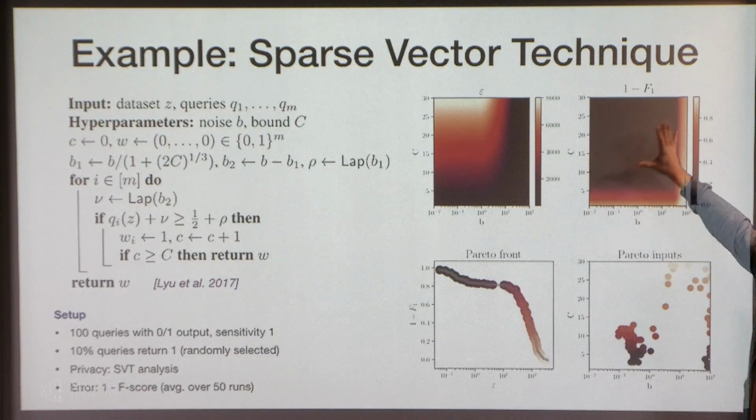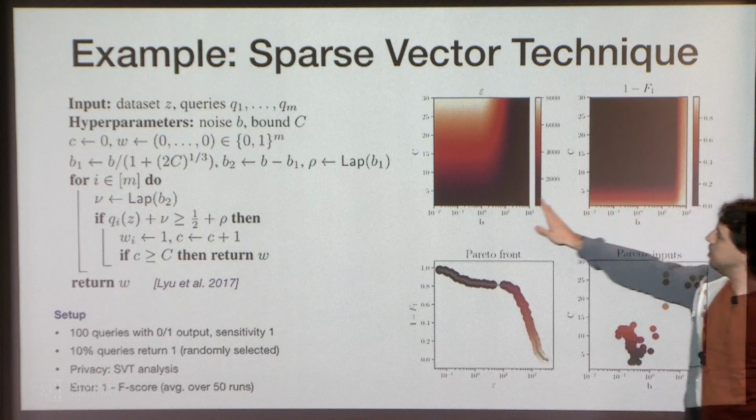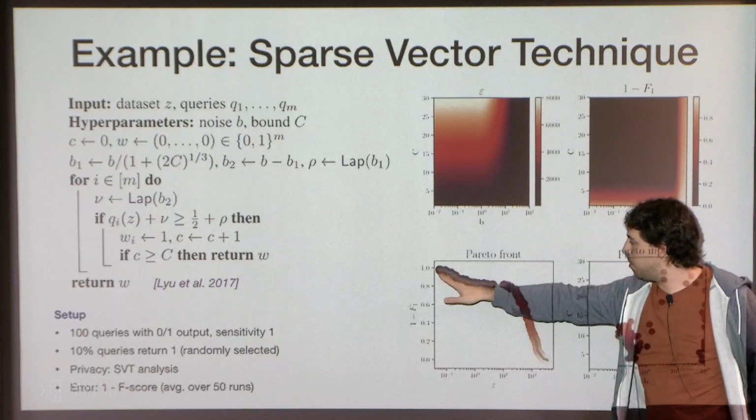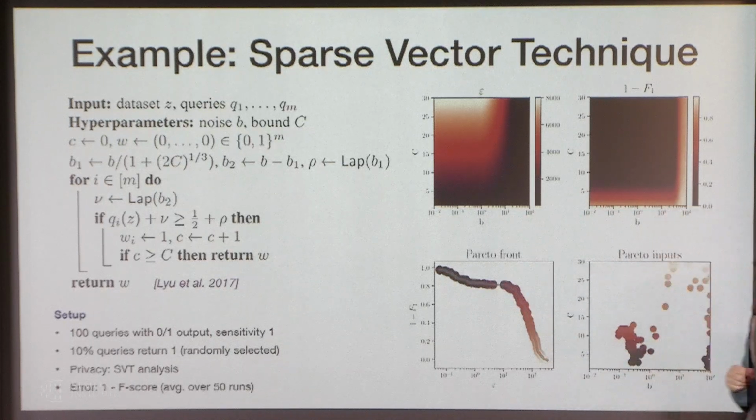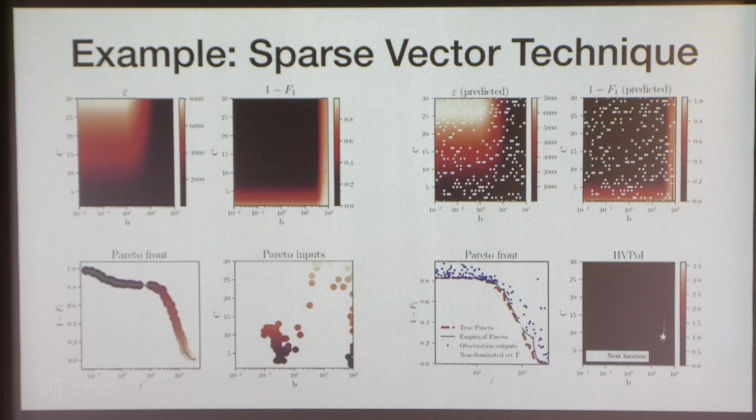And here, obviously, the error needs to be evaluated empirically. So we take an average over 50 runs. And using this information, you can compute the Pareto front more or less in closed form. And you get this Pareto frontier here. And here you can see what the inputs are that lead to different points by matching the colors across the 2 plots. So now that we have this information, which is almost the exact Pareto frontier for this algorithm, we can try to see what the Pareto does in this case.